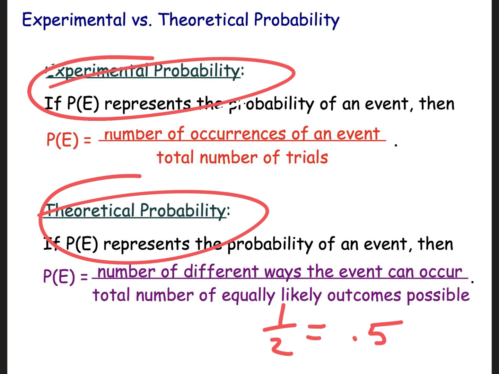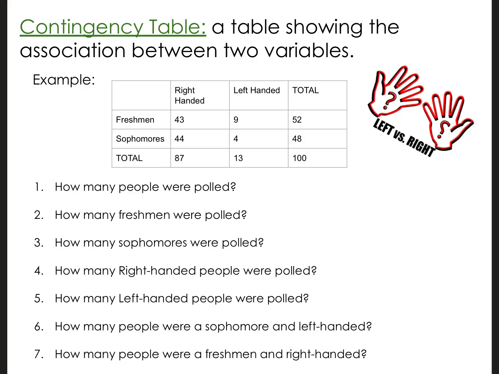But you can even have a theoretical probability of 1/2, and yet if I flip a coin actually 10 times, it's very likely that I won't actually have 5 and 5. You know, it's the most likely thing, but isn't it also pretty likely it'd be like 6 and 4? So the experiment can sometimes come out different than the theory. In theory, you should have 5 out of 10 flips should be heads. But in the actual experiment, it might come out different. Okay, that's experimental versus theoretical. You have to know that one. That's for sure being tested.